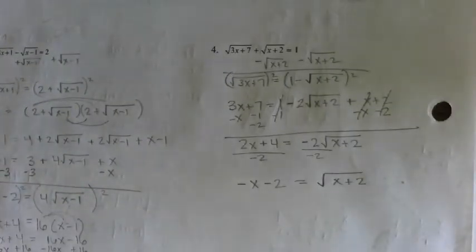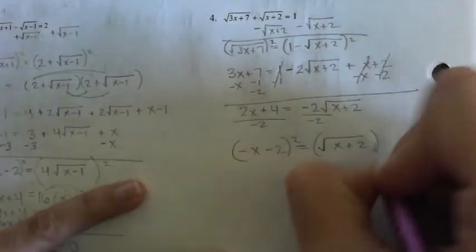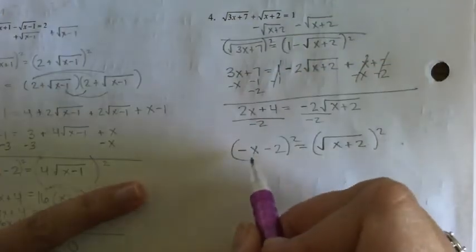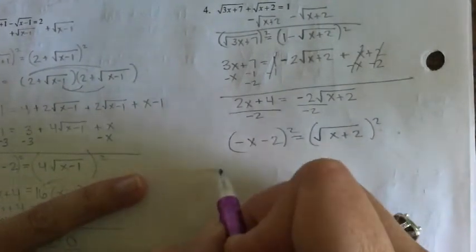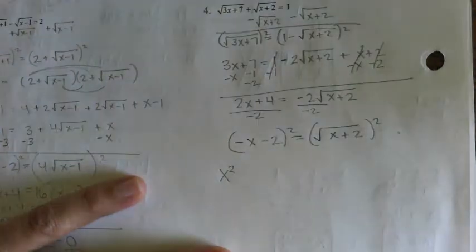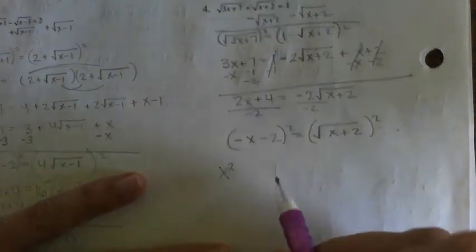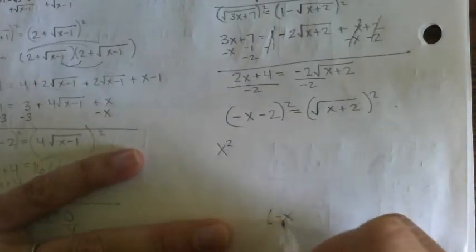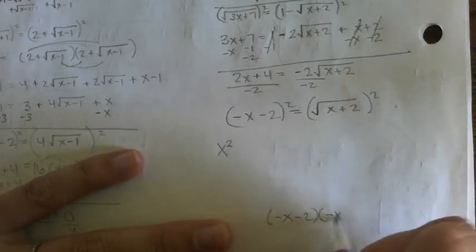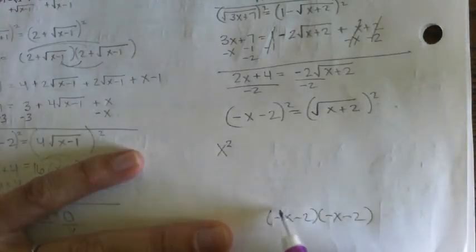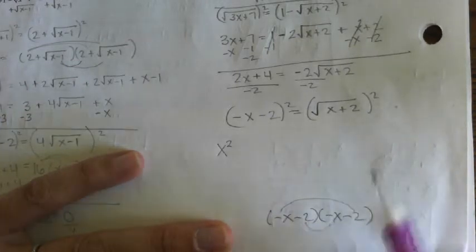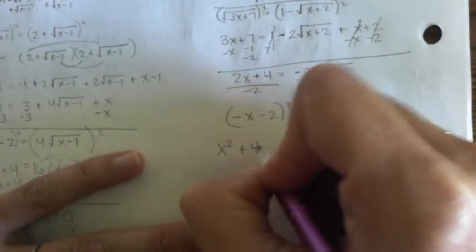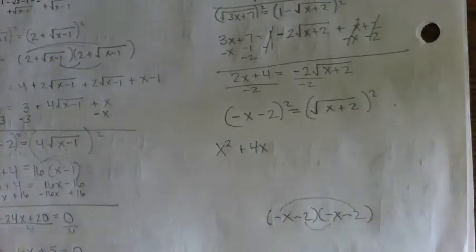And now when I square both sides, I'm going to be a little bit careful here when I square. Negative x squared is just x squared, right? My outer and my inner, if you guys can visualize this, negative x minus 2 times negative x minus 2. The outer is going to give me 2x, and the inner is going to give me 2x. It's actually going to be plus 4x plus 4,